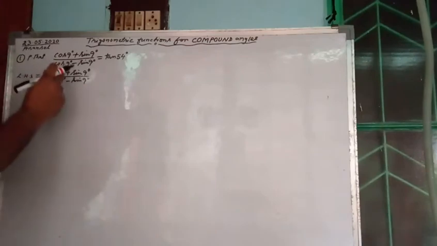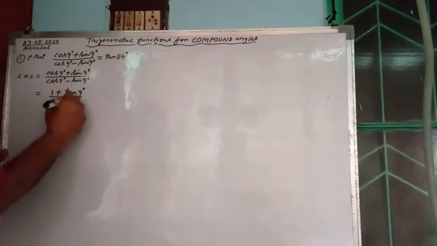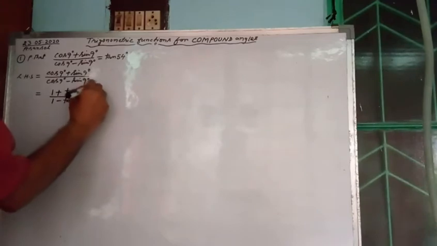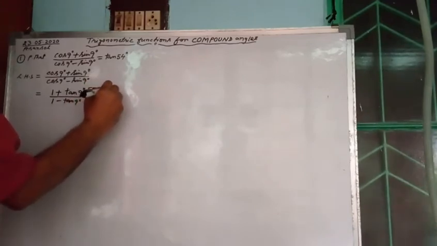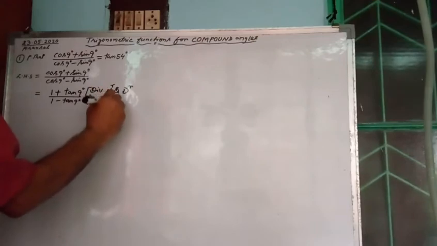So what do we have to do to bring tan? To bring tan, look, if we divide the numerator and denominator by cos 9 degree, dividing the numerator and denominator by cos 9, we get cos 9 by cos 9, 1 plus sin 9 by cos 9, tan 9 degree, over cos 9 by cos 9, 1 minus tan 9 degree. Now after this